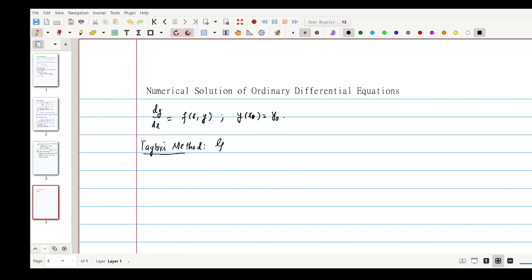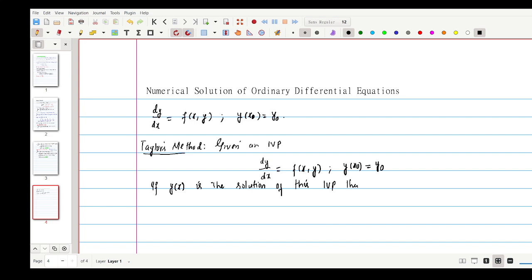Given an initial value problem, IVP for short, like this, dy by dx is equal to f of x y, where y of x naught is equal to y naught, and we are required to find the solution. So how do we use Taylor's method now? Assuming that y of x is the solution of this initial value problem,